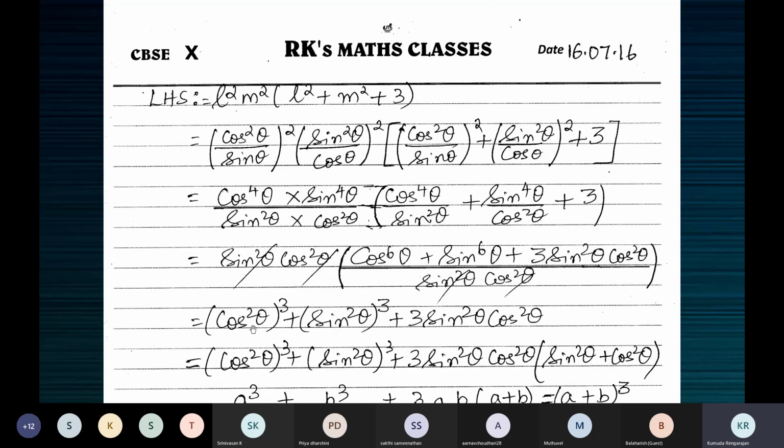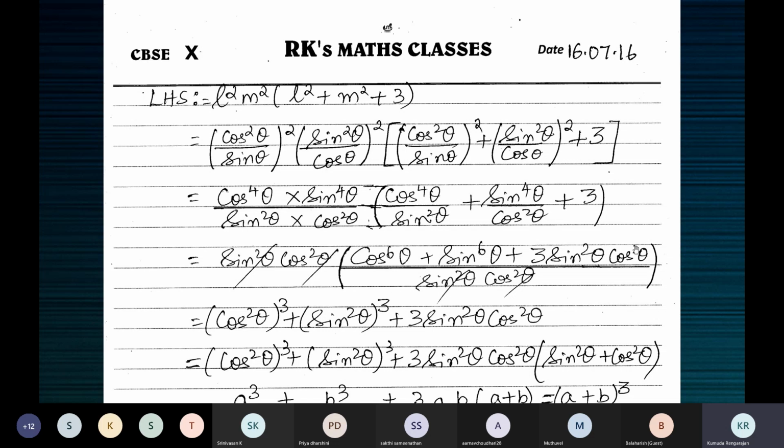Now this is like, what is a square, the whole cubed? We multiply the powers. A square, the whole cubed. We multiply the powers. 2 threes are 6. We don't add the powers. It's not 2 plus 3, 5. It's 2 into 3, 6. When bases are same and it's multiplication, we add the powers. Here it is like a square, the whole cubed. We need to multiply the powers. 2 threes are 6. And see cos theta to the power 6.